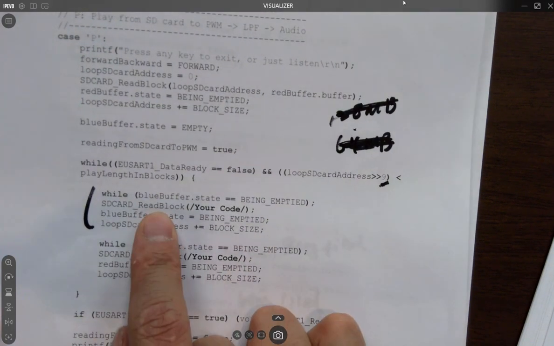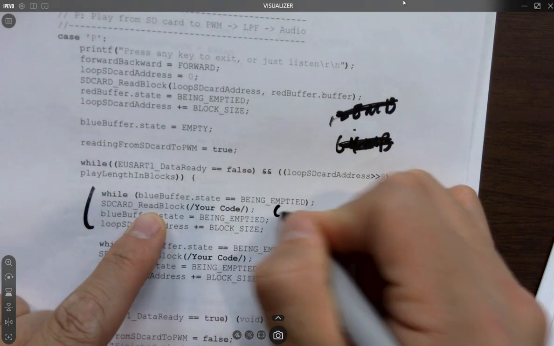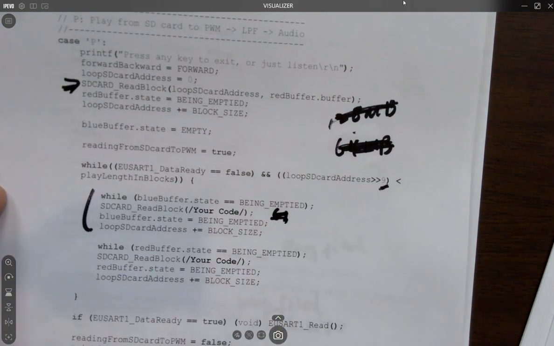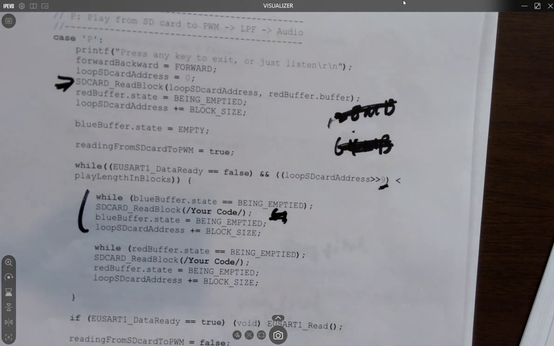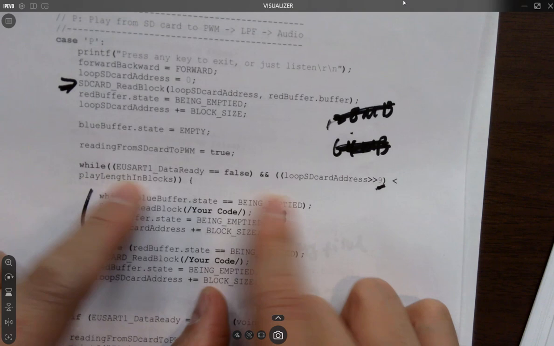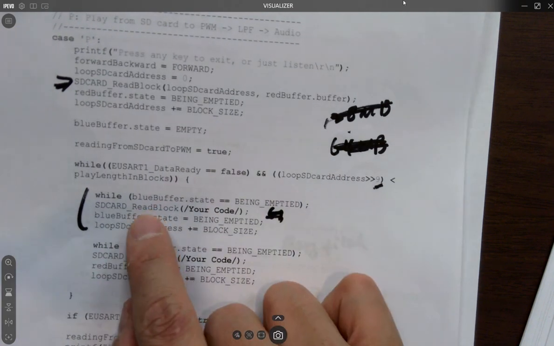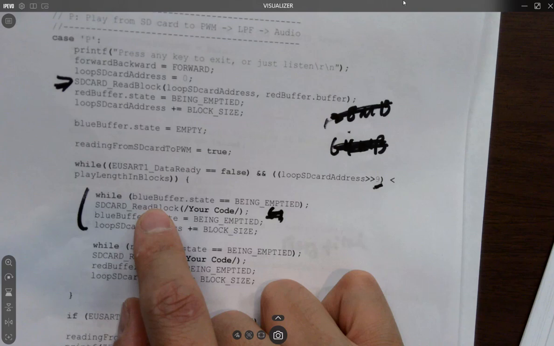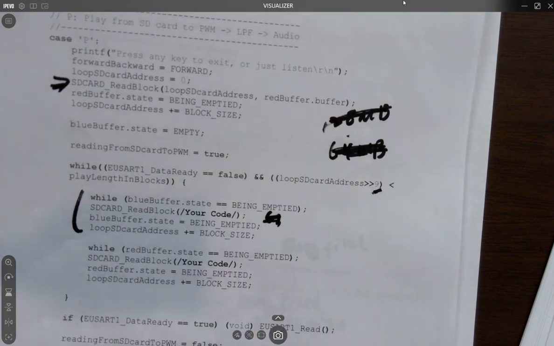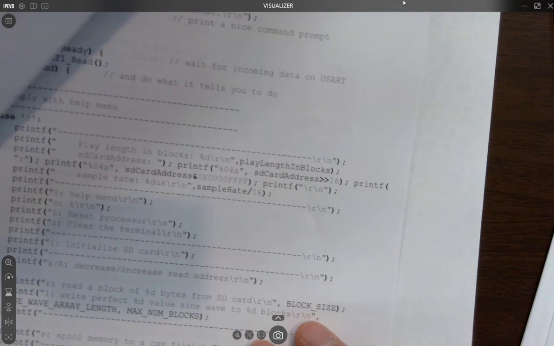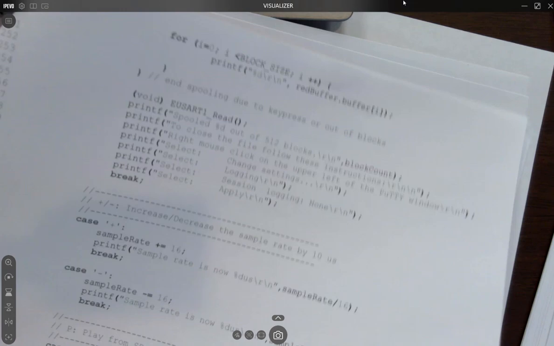When you are reading from the block, refer to the reading function. First, you need this address, right? So see here, it's basically this guy. Okay. So whenever it's being emptied, staying here. Whenever it's done, move to here because you have 512 in the buffer, so directly write to it. Directly read from there to the buffer. So you get the data in the buffer, and then when it interrupts, it comes back to